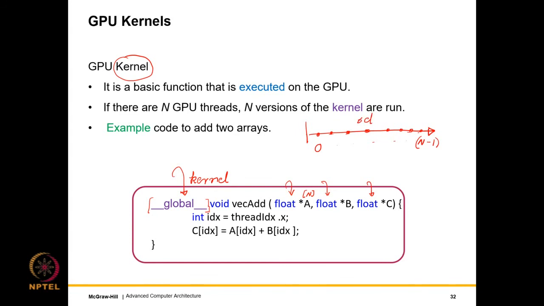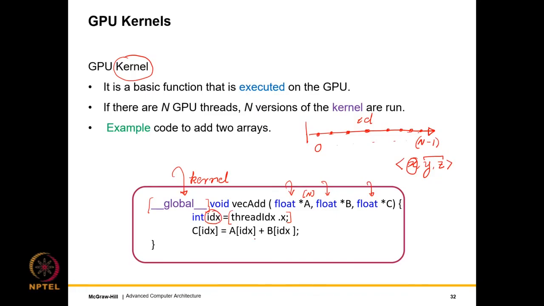In this case, we get the ID of the thread by reading the variable threadIdx.x. I have already indicated that we can have a multidimensional ID for a thread, which means there could be 3 components, x, y, and z. We'll go at most up to 3 dimensions. In this case, we don't have any y and z component. We'll see in a couple of minutes how that is ensured. But let's assume we have no y and z components. We only have the x component, which varies from 0 to n minus 1. So every thread gets its number.